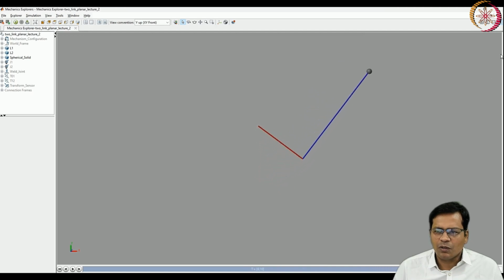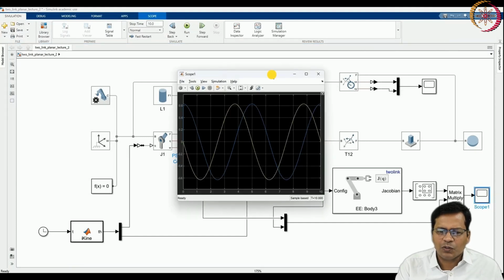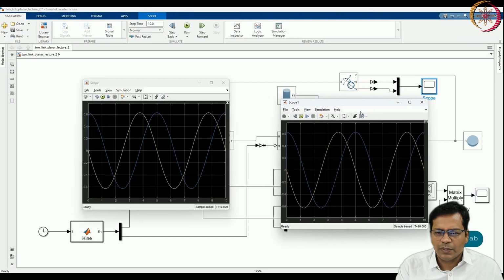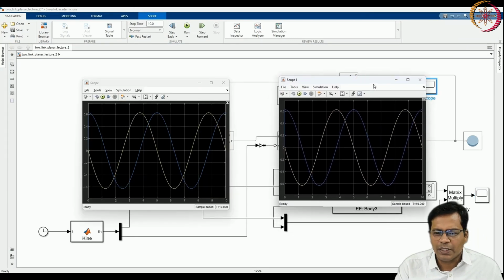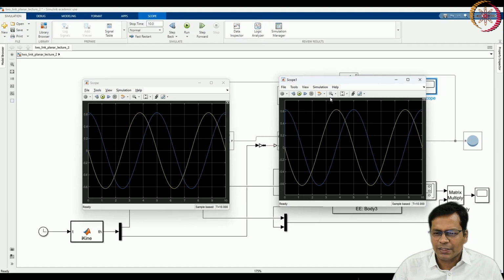once the simulation is complete, I can check the velocities that come directly using the transformation and using the Jacobian matrix. Both of them are next to each other. Here you see both of them are exactly the same. This is how you validate your Jacobian. Everything should be consistent, and you have used the formula here. Which one? Basically it is Jacobian into joint rates gives you the end effector velocity. I got it using the Jacobian matrix as well as using the direct transformation matrix. Both are exactly the same.